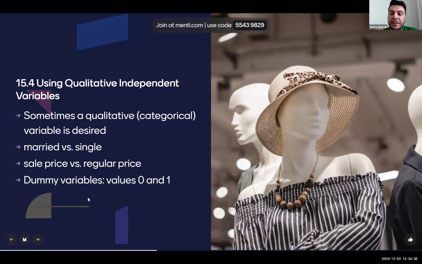Sometimes you have the data and it's all quantitative, and that's good, easy. It's called numerical data, right? But sometimes you don't have that. You have categories. So if you switch to the second sheet here,